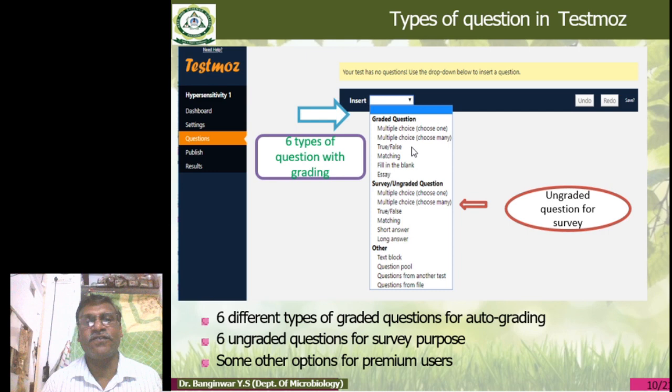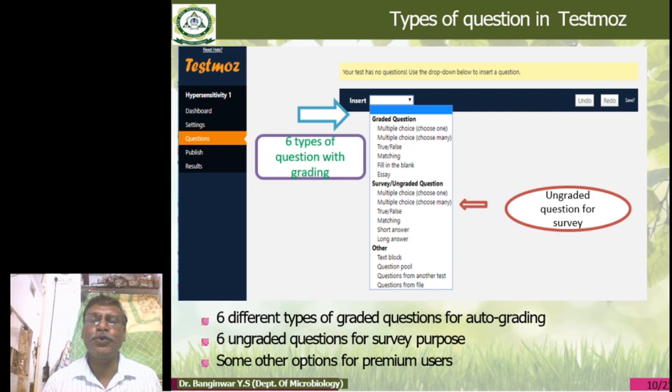Now the multiple choice: one question, only one answer from the multiple. One question, many answers, so multiple choice but choose many answers. Additional feature of Taxmos: here we get the advantage of true and false, you have to add here, match the pair, fill in the blanks as well as the essay.